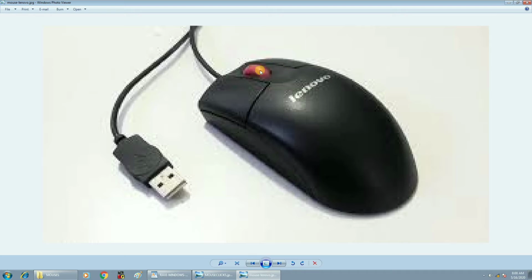Okay, for example, if you want to see one book which is a soft copy in PDF format, having for example 500 pages, and you want to move through it normally by using the left click button, it will take more time. At that time they have provided the wheel also in optical mice. So by using the wheel, you can scroll the document from top to bottom very easily. If your document has many pages, to scroll from one page to another, or to move the cursor from one page to another, you can use the mouse wheel button. Okay, so now I will explain one by one.